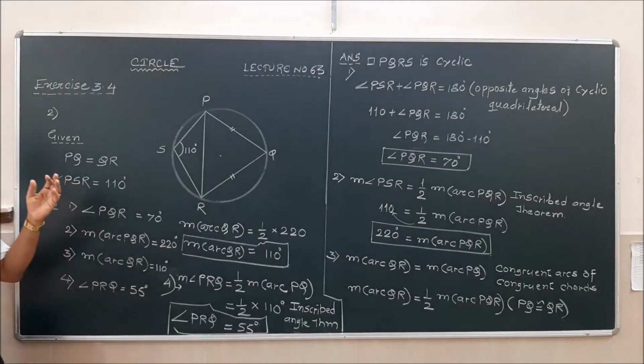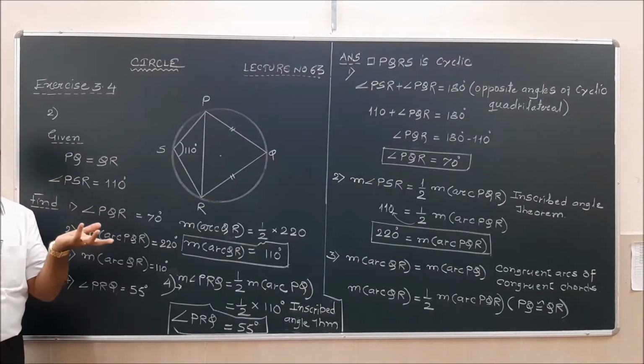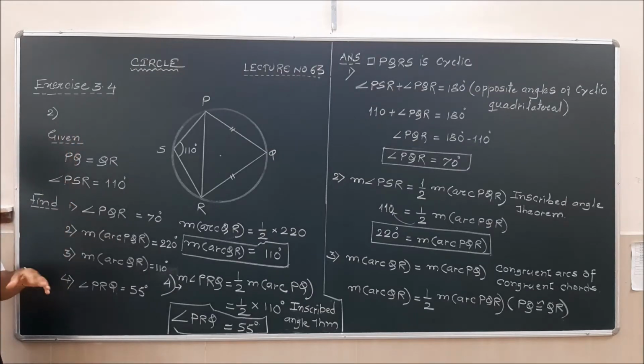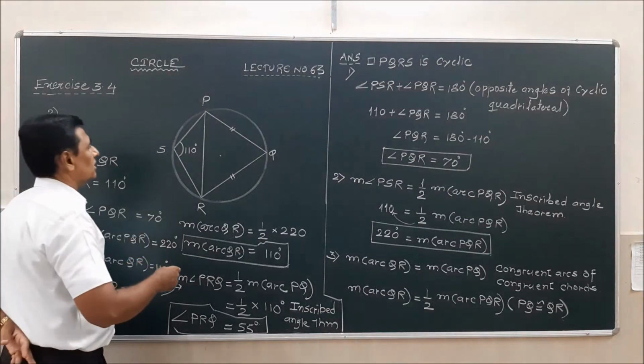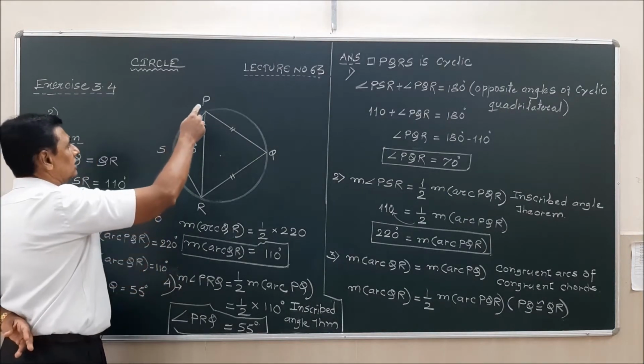Circle, we have already started this 3.4. We have begun it in the last lecture. So you will find here, now I am going to do sum number 2. Now in sum number 2, you will find quadrilateral